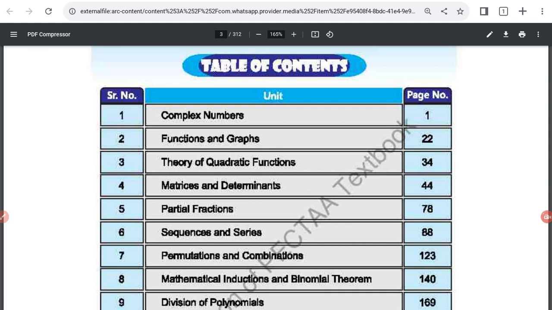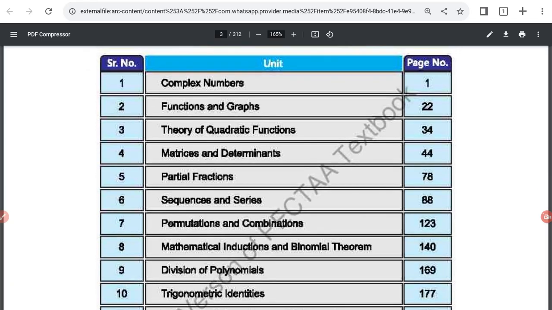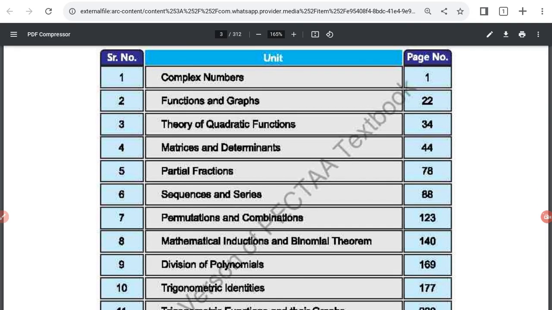Hello dear students, today we are starting the 11th class mathematics according to the new curriculum of Punjab boards. The table of contents of the first year or 11th class is: first chapter we have complex numbers, second chapter we have functions and graphs, third chapter we have theory of quadratic functions, fourth one is matrices